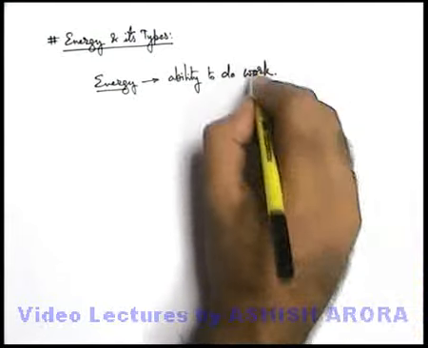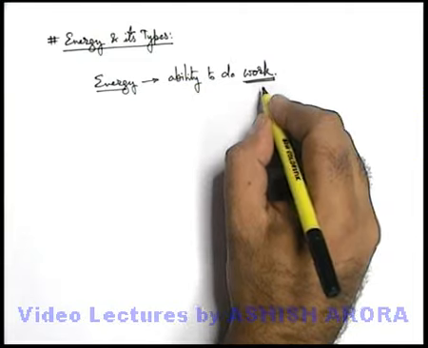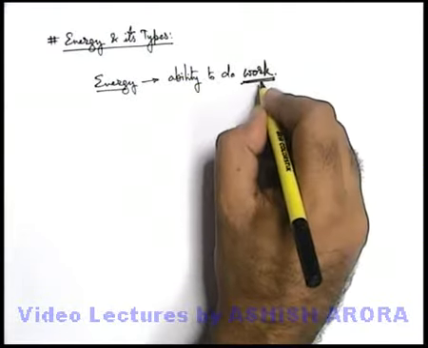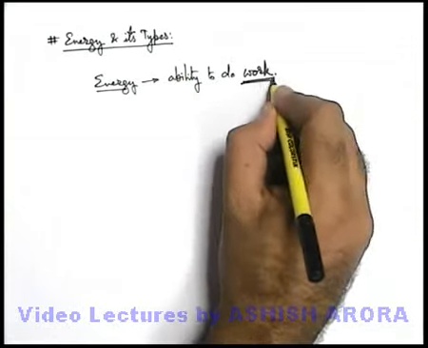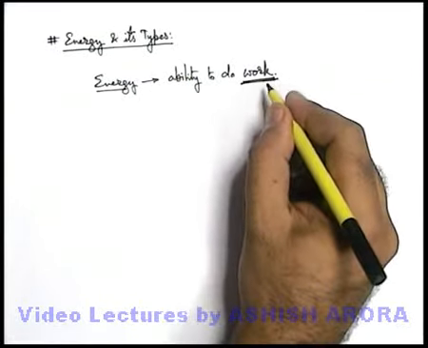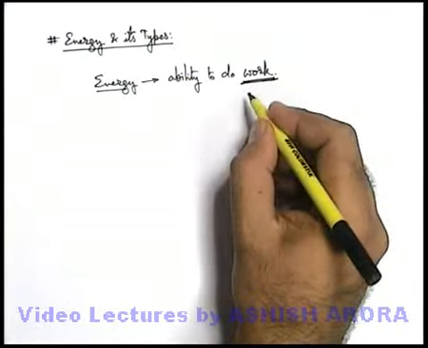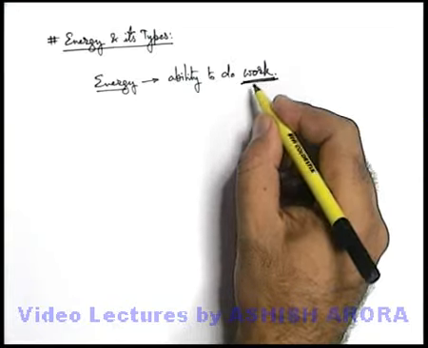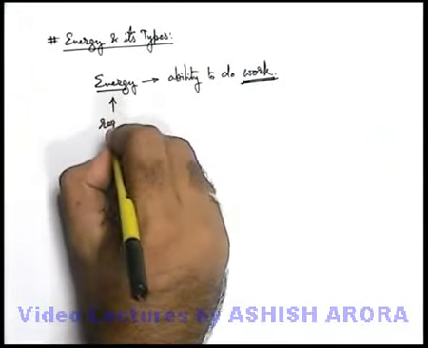As we already studied, work is the amount of energy which is transferred, and work can be done whenever a force produces some displacement. Just to do work, we need some energy. If there is no energy, work cannot be done. Or more precisely, if there is no energy, force cannot be applied which can produce work. So energy, you can also simply call it, is required